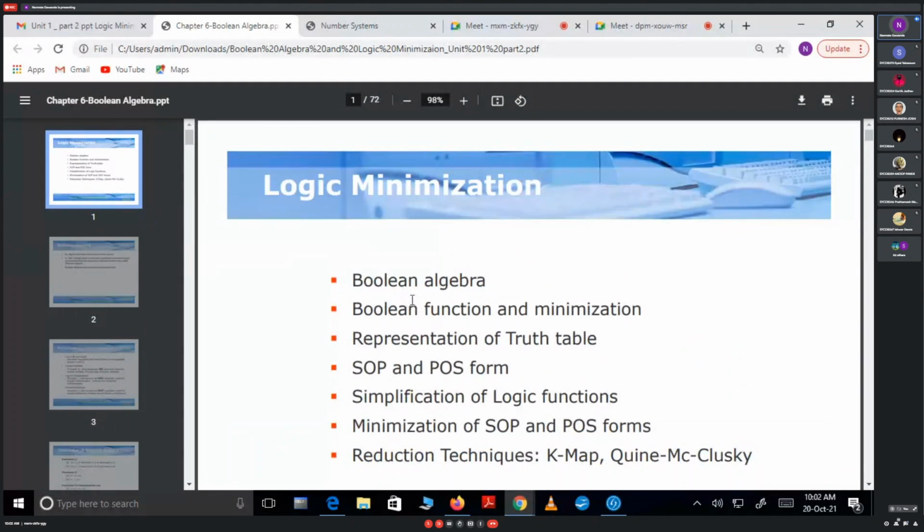Okay, so the first part of the first unit is what we have seen: number system. In continuation, we have seen the signed number representation: signed magnitude, one's complement and two's complement. It's a very easy topic, you just go through it once and solve some problems. Problems are also provided in the RP Jain book.